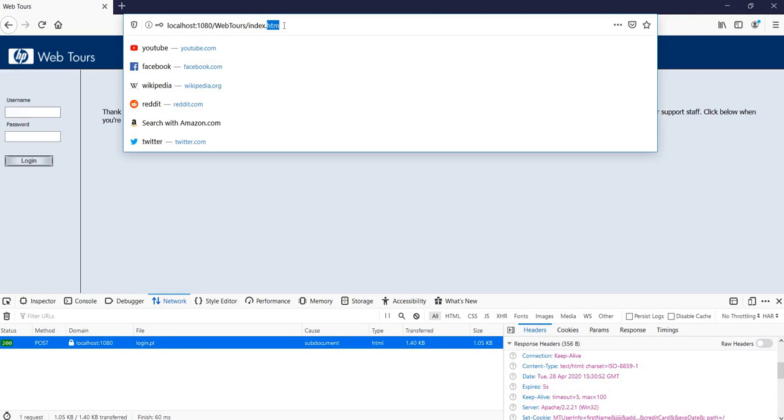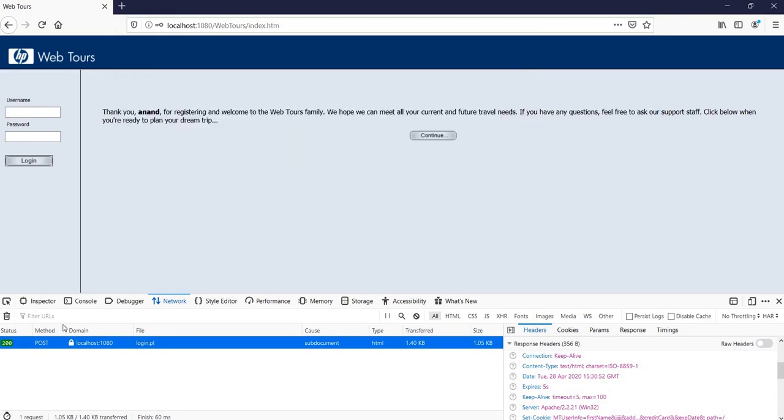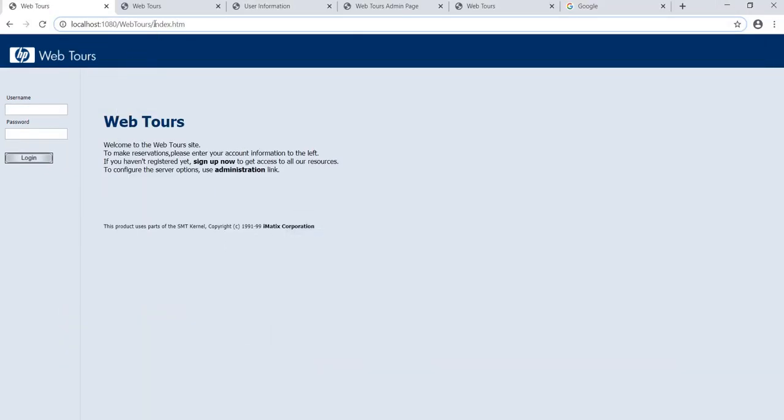If you type in a URL and press enter, you will only get a GET method, but if you are filling up forms, you get a POST method. What is the difference between GET and POST? GET means you are getting something from the server. It means that there is a file index.html which is kept on the server. I showed it to you, and you are getting it from the server and displaying it on the web browser.